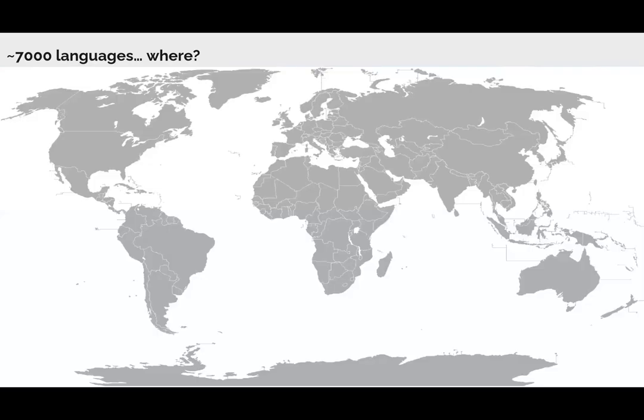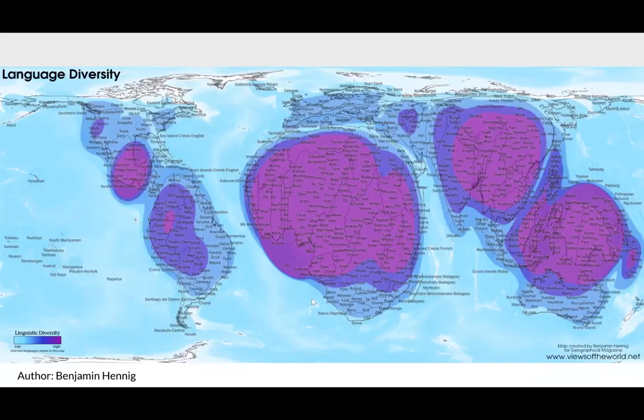As I mentioned before, there are 7,000 languages spoken across the world. Looking at the distribution, we can see that there are a lot in South and Central and a little bit of Northern America, a lot in Africa, and a lot, again, in Southeast Asia. For Africa, there is an NLP community called Masakhane, which focuses on these languages. But for languages in the Americas, there wasn't a group of people dedicated to looking into it, which was another motivation for AmericasNLP.